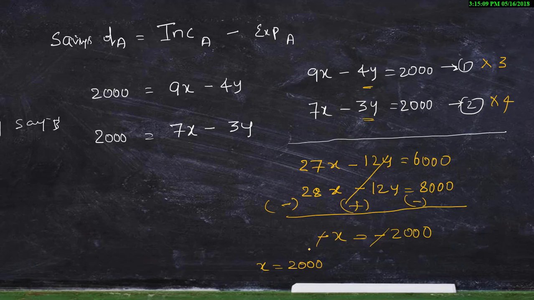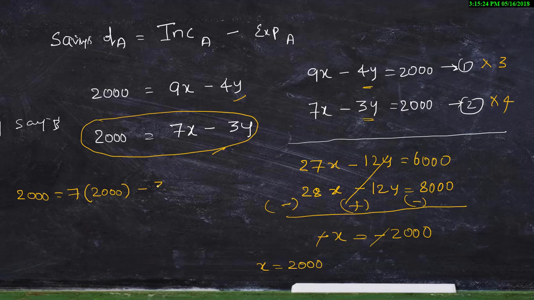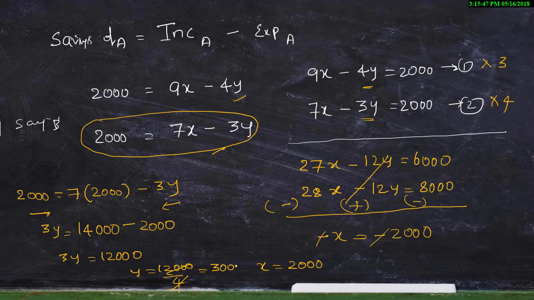Now substitute this x value in either of the equations. We will substitute it in the second equation. So 2000 is equal to 7 into x, which is 2000, minus 3y. Minus 3y on going to that side will become plus 3y. 7 twos are 14,000, and sending this positive 2000 to the right-hand side it becomes minus 2000. So 3y is equal to 12,000, and y is equal to 12,000 by 4, that will be 3,000. So the income of